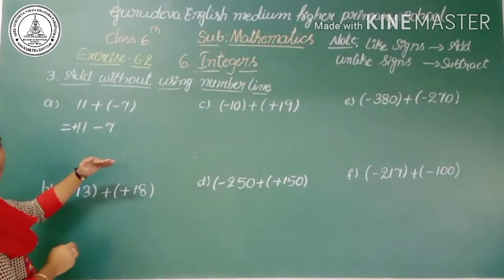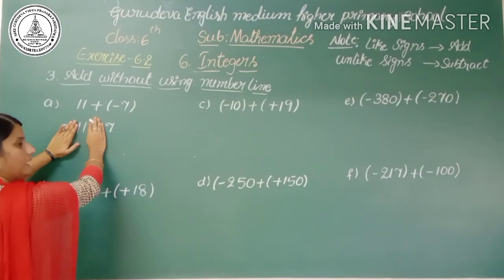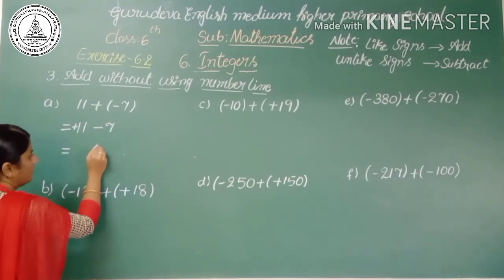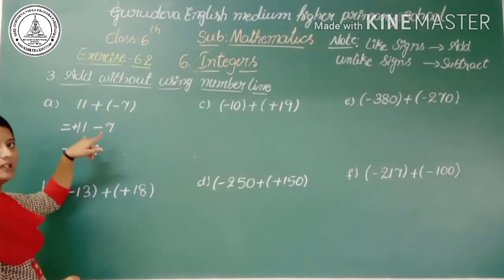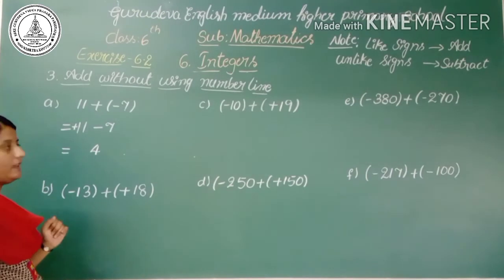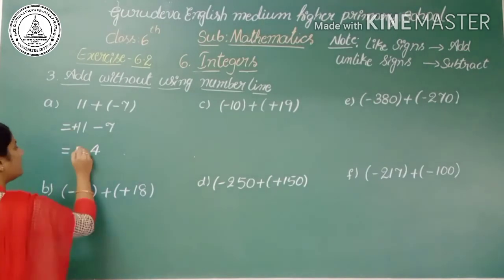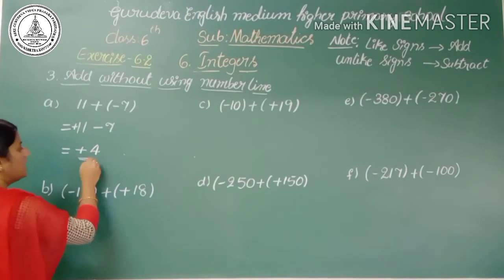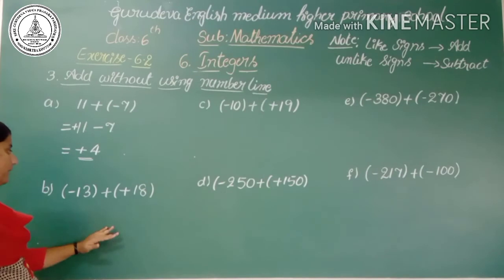While subtracting the numbers, just forget the signs. 11 minus 7 is how much? That is 4. Now you compare. So 11 and 7: of these two, which is the greater value? 11 is the greater value and its sign is plus. We have to keep it as the prefix of the sum. Yes, the answer is plus 4. I hope it's clear.